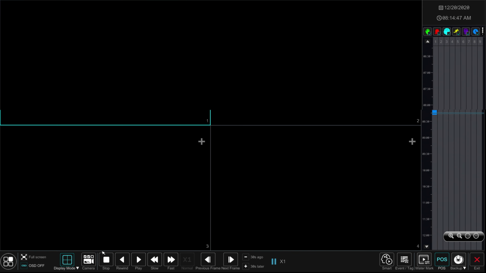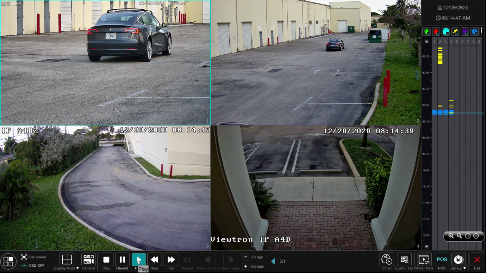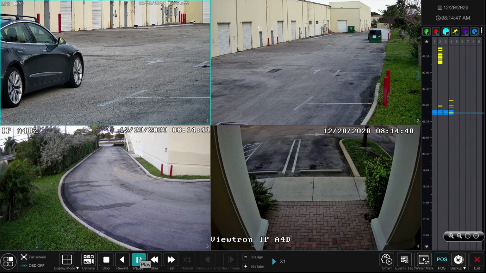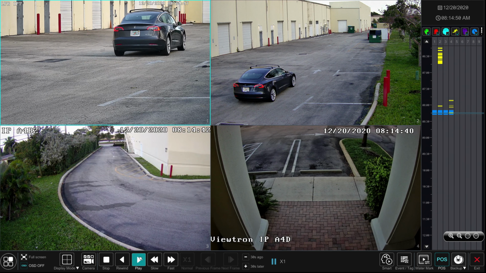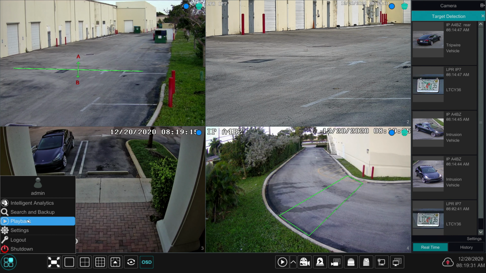Now I'm able to use the video player to control the playback of the video. For example, I can play back the video in forward and reverse, as well as pause the video at any point in time, as you see me doing now. I can also switch between a single camera view and multiple camera view, as you see here. When I am done reviewing the video, I click on this icon to exit playback mode and return to the live security camera display.